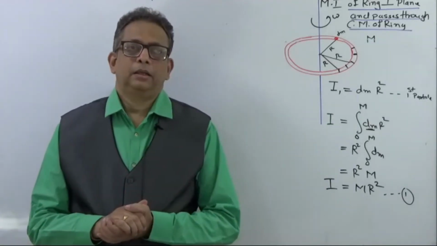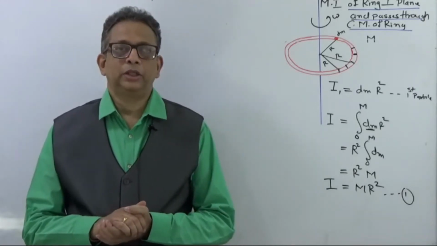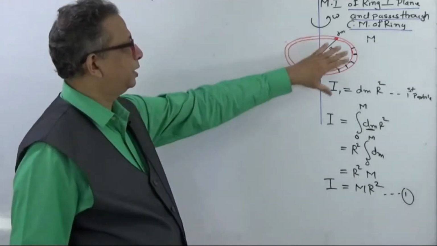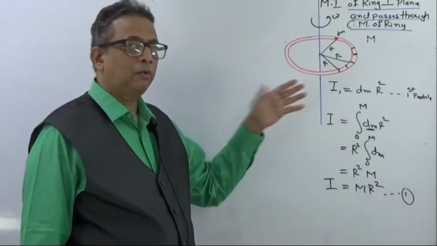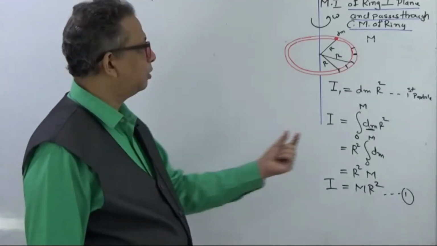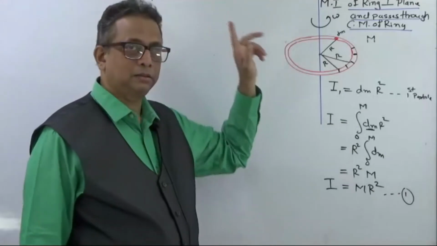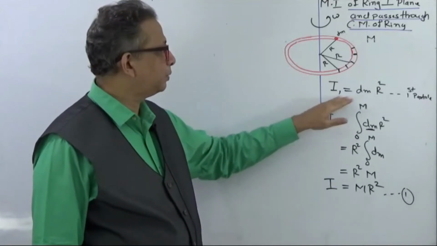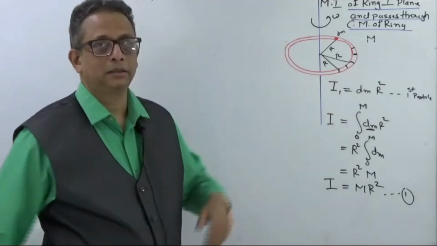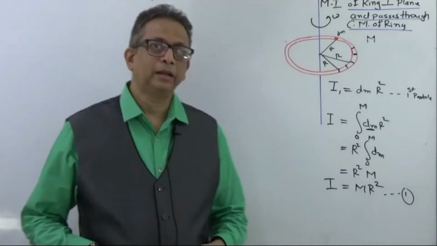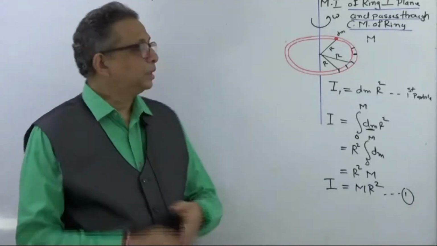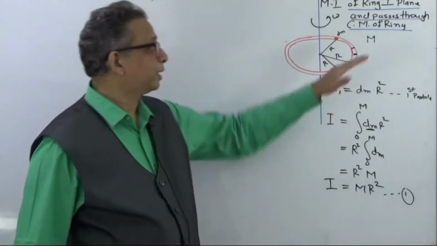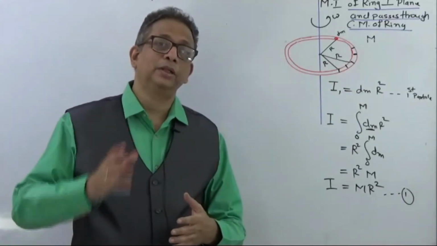Now let us see how we can find out the moment of inertia of a disk. What we have done here is we have found the moment of inertia of a ring. Before this ring, we had found the moment of inertia of a small mass m in the last session, in which the derivation gave dm into r square. R is the distance from where that mass is kept, right? So now with the help of this, we are going to derive the moment of inertia of a disk.